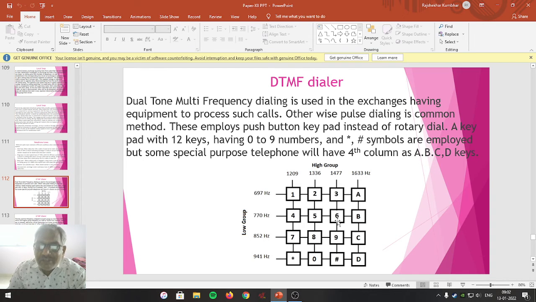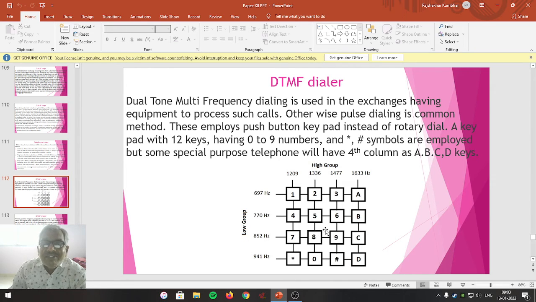Whatever 9 digit, 10 digit number you are going to dial, for that particular number every key has to utilize its corresponding row and column frequency so that the electronic circuitry recognizes that particular key has been pressed, and it will generate the high current pulse to pass to the local loop of the telephone line, and it is provided to the telephone exchange.